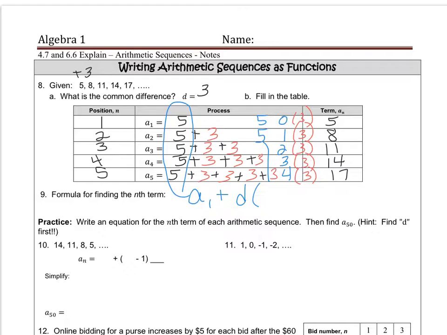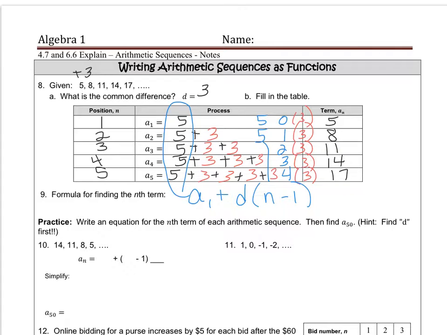So let's see if we can figure out what the pattern is. In position 1, it's a 0. In position 2, it's a 1. Position 3, it's a 2. 4, it's a 3. 5, it's a 4. So what I'm starting to see is whatever position minus 1 is what I'm multiplying my common difference by. So just looking at my structure of the process table, I figured out my formula for finding the nth term